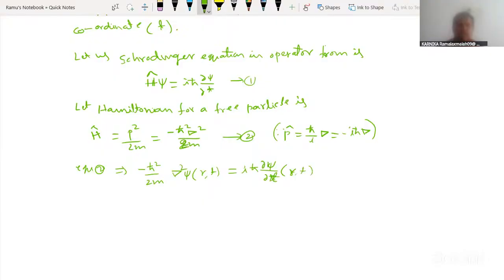This is equation 3. But here the relativistic Hamiltonian for the free particle